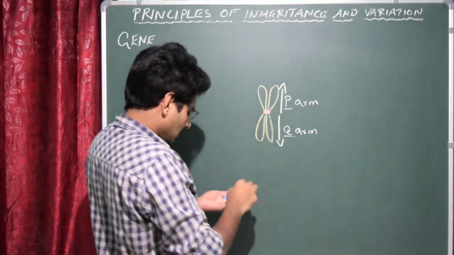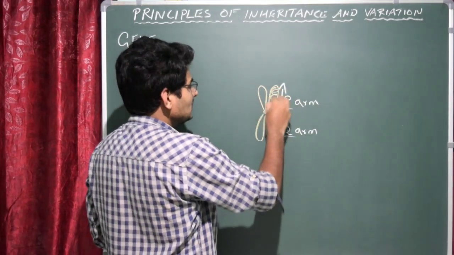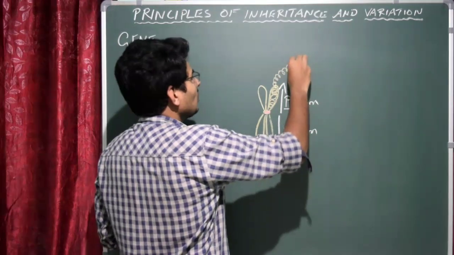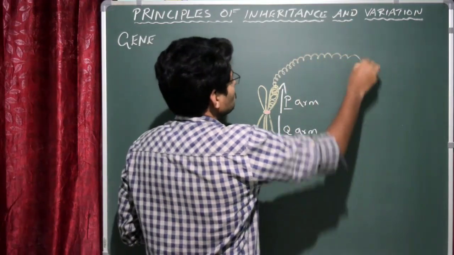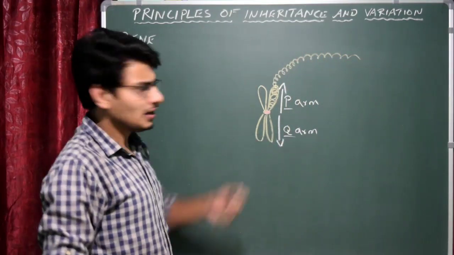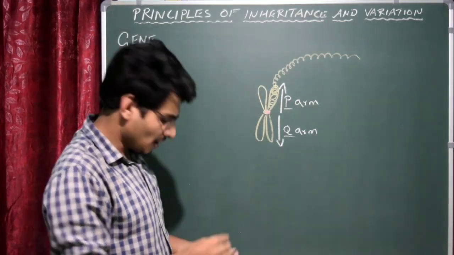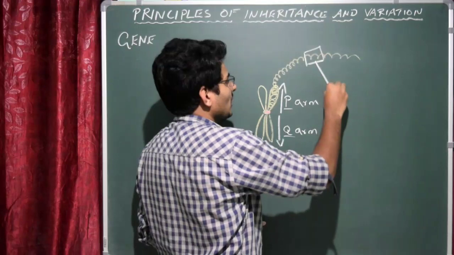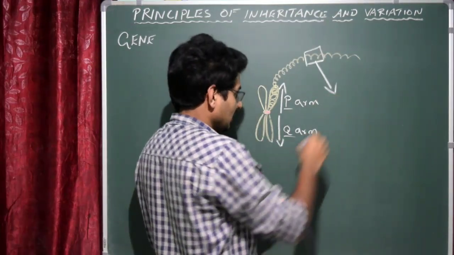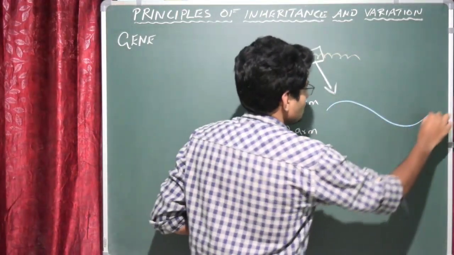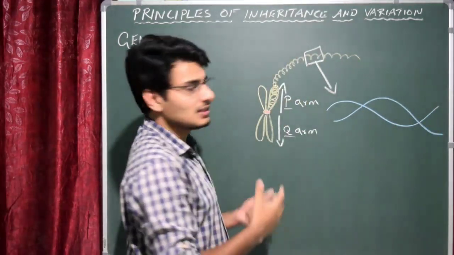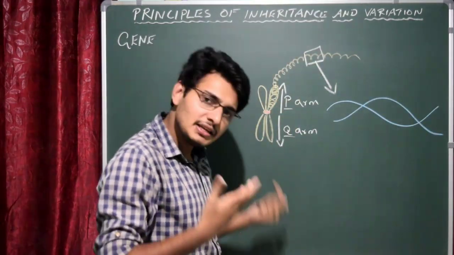Okay, so here I just want to say that this is actually the chromatid, correct? So if I uncoil or unwind the chromatid, obviously you see a long chromatin, correct? So it's a long thread-like structure, chromatin. If I just select this particular part of the chromatin, I'm going to draw the diagram again. So what you see is the DNA. So this is actually the DNA. That means nothing but the chromatin is made up of DNA itself.